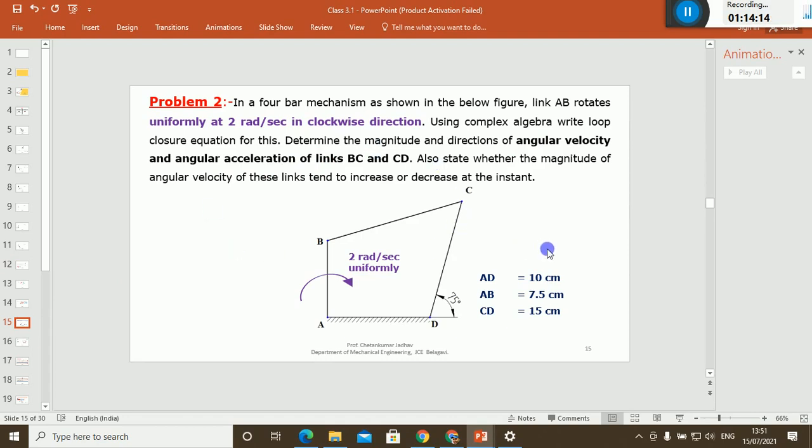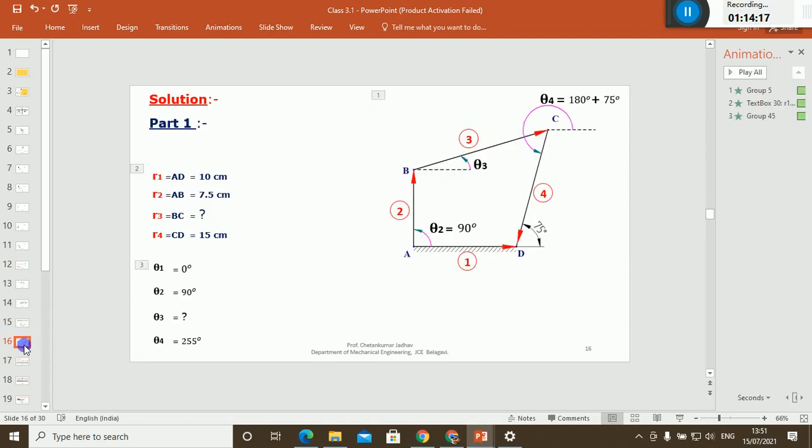Suppose I have taken the 4-bar mechanism. First I have noted down the given things, the link lengths, which I give as 1, 2, 3, 4, and the directions of the vectors. I got the angular displacement in a counterclockwise direction with respect to the positive real axis, with the reference as the tail of the vector. For all the 4 vectors, I got these answers. If you are not able to find any angles, just take them as unknown. In this case, R1, R2, R4 and theta 1, theta 2, theta 4 are given. The only unknowns are with respect to the third kinematic link, R3 and theta 3.